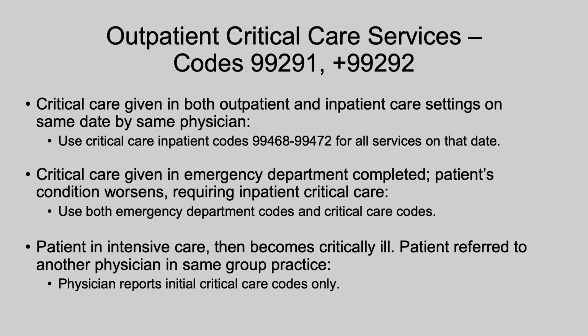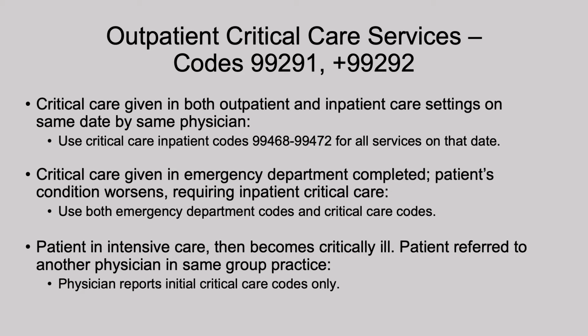Now, there are specific guidelines for when a patient received care in more than one setting for 99291, 99292. So say the critical care was given in an outpatient setting and then the inpatient setting on the same date to the same patient. So outpatient setting, and then they say, we got to admit this patient, so it's the inpatient setting. The guidelines say use critical care inpatient codes for all services on that date. So you add together the services outpatient, services inpatient, and only